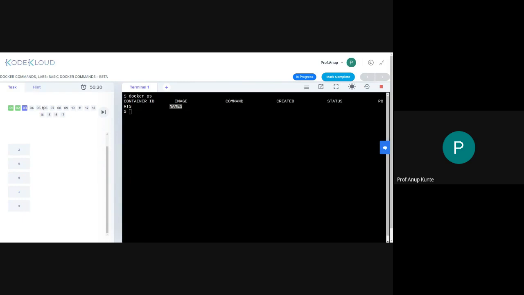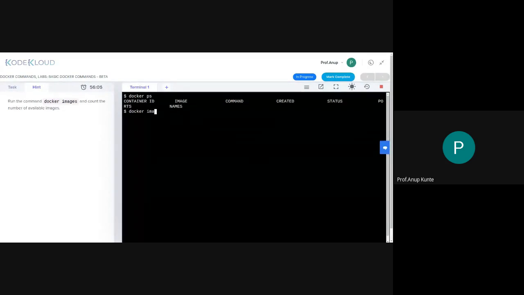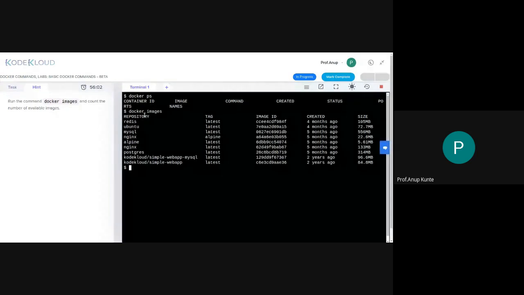Okay, so I don't remember the command, so I can go to hints. So run the command docker images. So it's a simple command, docker space images, to know how many images we have already pulled on this local machine. So I'm just running docker images. You'll see that there are a lot of images already downloaded.